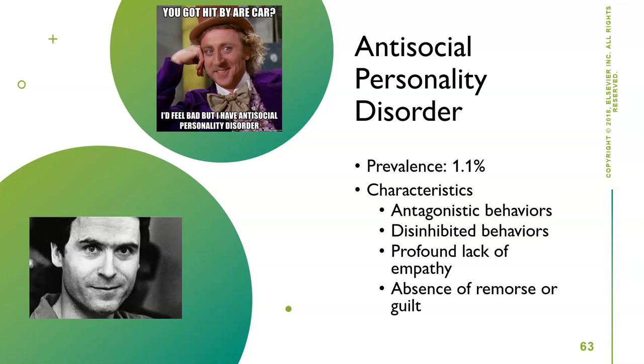Callousness is a big thing. No remorse, no guilt. They don't care about punishment. They don't care about meeting family, school, other obligations. They may be shallow. They may be very superficial. They may seem like they have feelings and they care and that they're concerned, but that's only if it's going to help them manipulate and exploit others. They may be witty, they may be charming, they may be good at flattery because they want something from you.